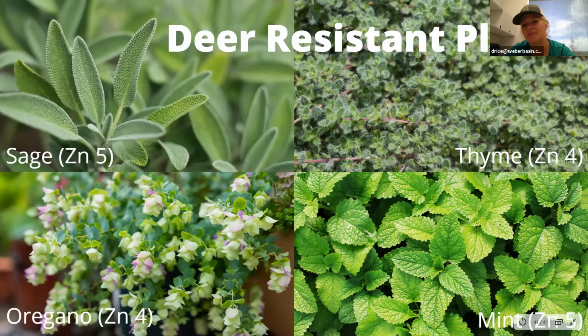But then we have the mint family. Really anything in the mint family is a good option. Once again, though, it will absolutely take over your yard, so it's a good idea to put those in a pot. So I think that might be all the slides that I have. So I'm going to go ahead and